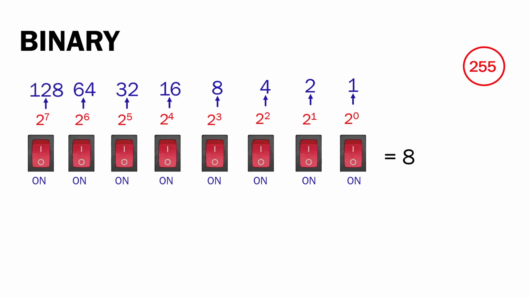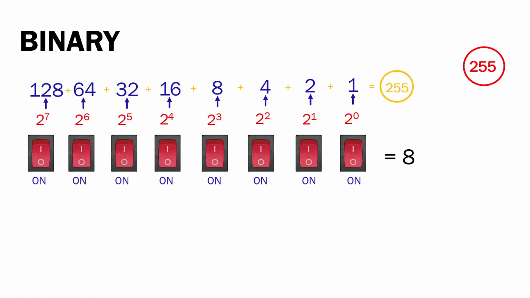And 2 raised to 7 is equal to 128. And since they are all in on state, we will get the sum of all the numbers. 128 plus 64 is equal to 192, plus 32 is equal to 224, plus 16 is equal to 240, plus 8 is equal to 248, plus 4 is equal to 252, plus 2 is equal to 254, and plus 1 is equal to